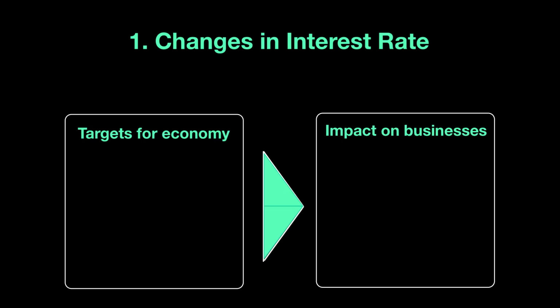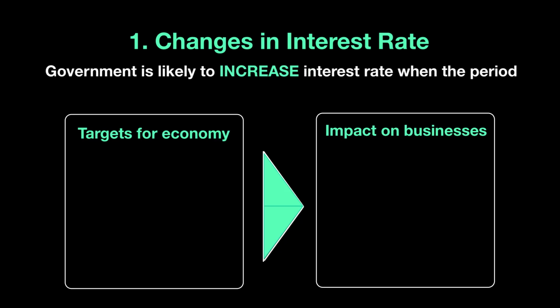Now, I want you to first think about the situation we know as a boom. A boom is where GDP is going up, but at the same time, spending is going up, which is leading to higher inflation, which will eventually lead to an overheating of the economy. And as we know from our business cycles, boom will eventually go into a recession. Now, of course, no government wants to go into a recession, so they will do everything in their power to sustain that period of boom. So, how do they do that? Through a monetary policy in order to avoid overheating and still continue on in a boom situation.